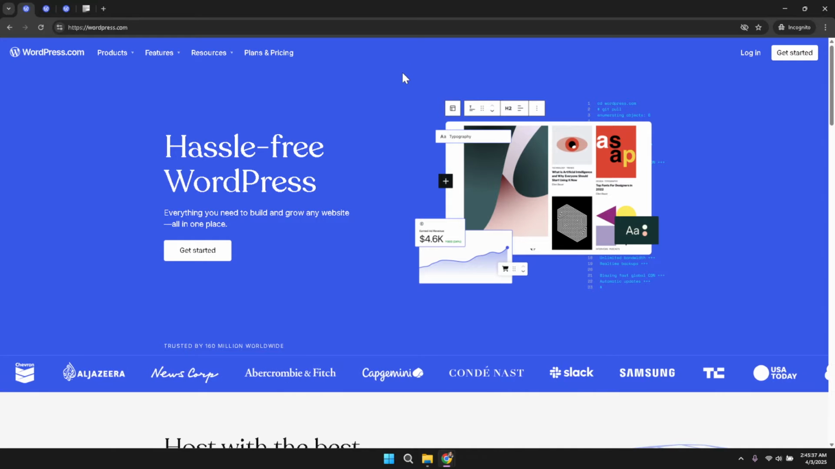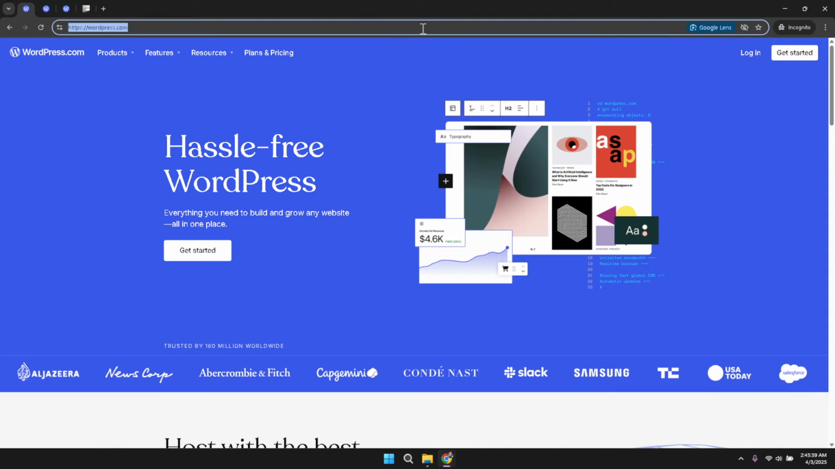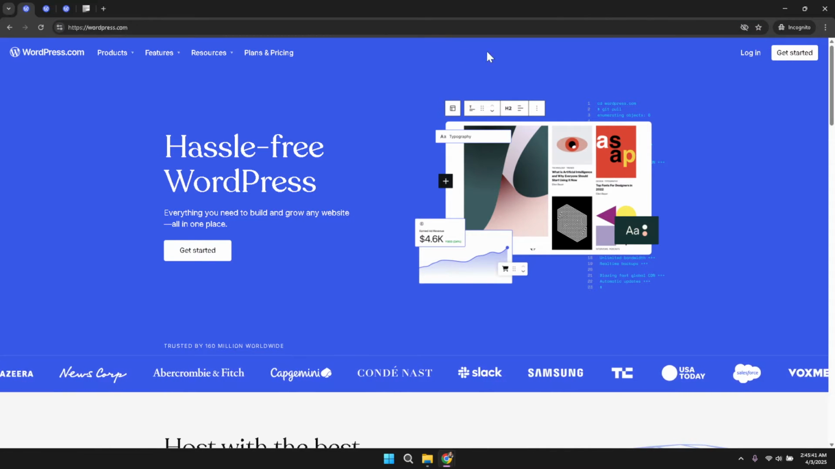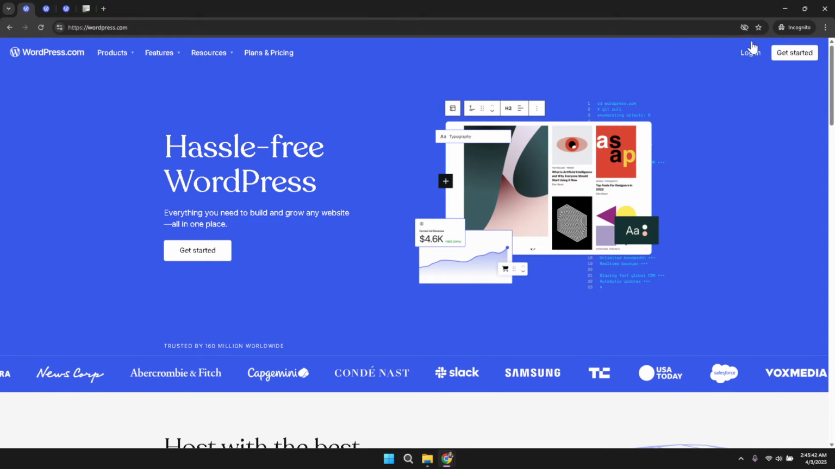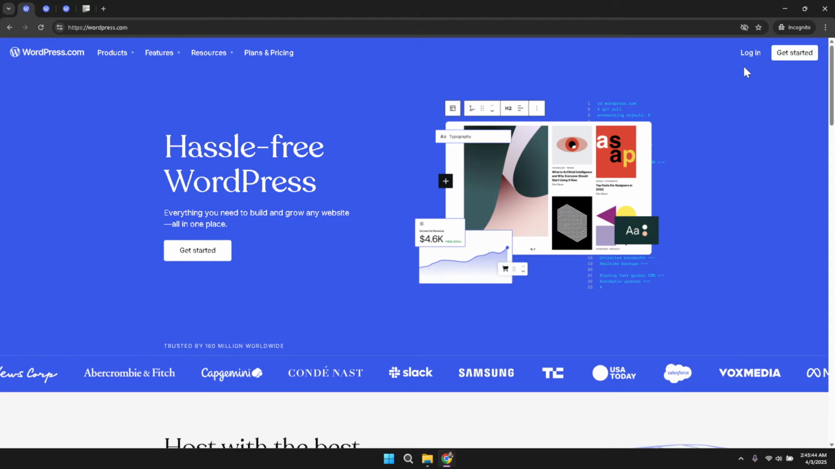To begin, open your preferred web browser and navigate to the WordPress website. When the page loads, take a moment to look at the very top right corner of the screen. There you will see an option that allows you to log in. By clicking on this login option, you will be prompted to enter your credentials or choose an authentication method to